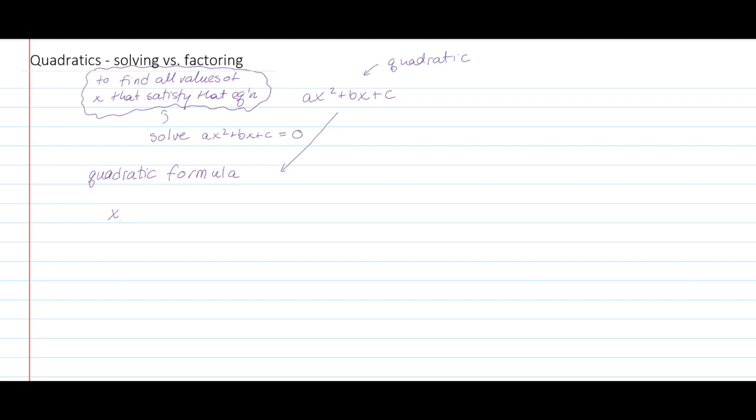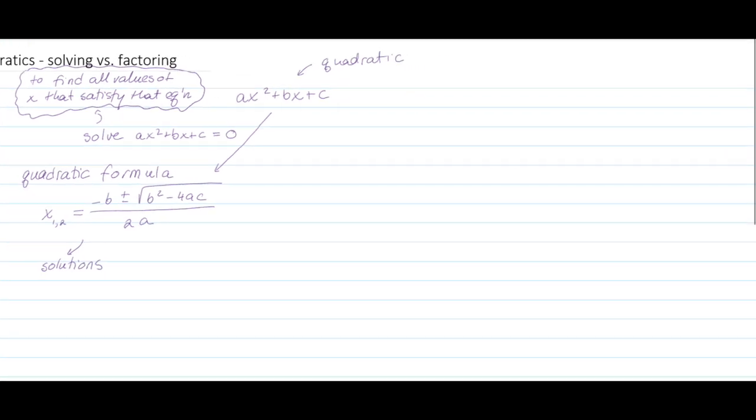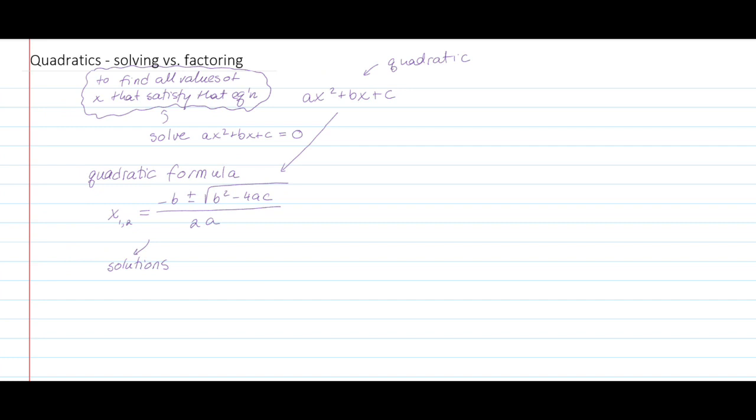So x, I'm going to write 1, 2, because I might have two possibilities, 0 or 1 possibility. So x is equal to negative b plus or minus the square root of b squared minus 4ac, all over 2a. Okay, so to solve this quadratic equation, these are going to be the solutions. And I might have two solutions